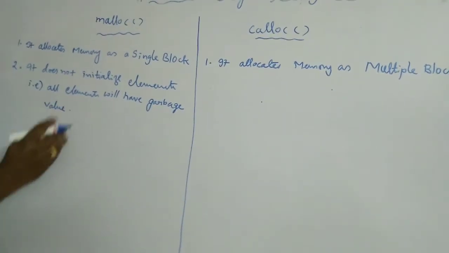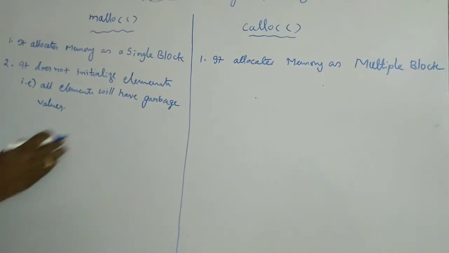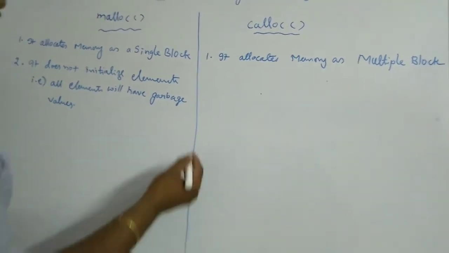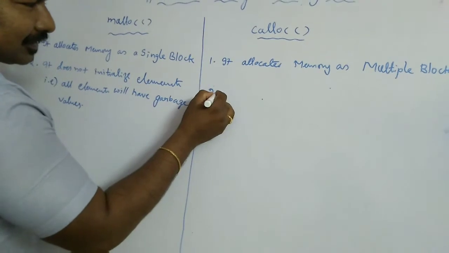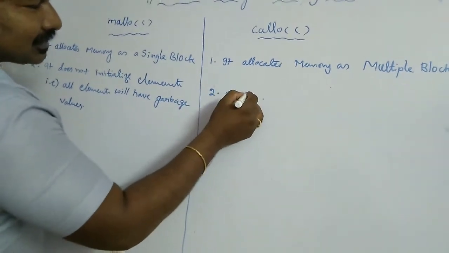So all the elements will have garbage values. That means it does not perform any initialization, whereas calloc initializes